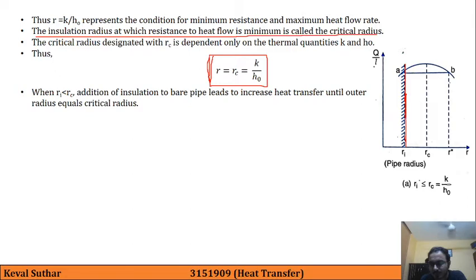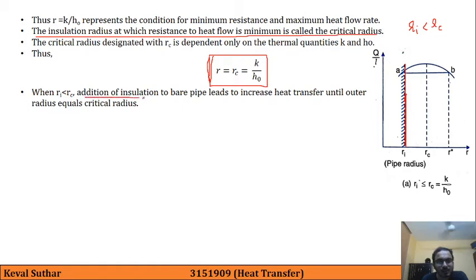Okay, this is our existing radius. So here, in this figure, Ri is less than Rc. So when Ri is less than Rc,